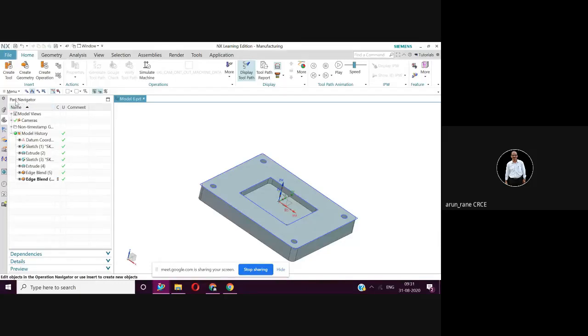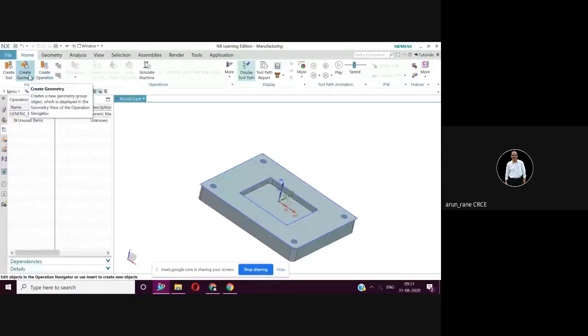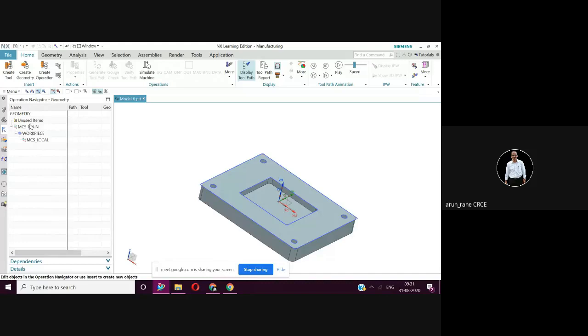Now here we'll have to select the operation navigator. You have the part navigator here, the assembly navigator here, and the operation navigator. What is the first thing? You have to create the geometry, isn't it? So in geometry view, the machine coordinate system is nothing but the machine homing, that is the reference point, and double click at workpiece.